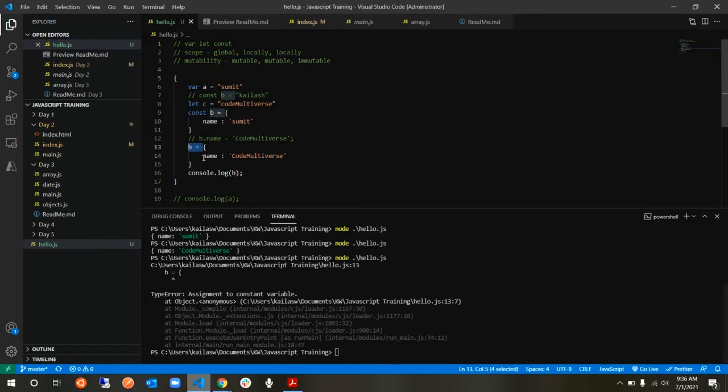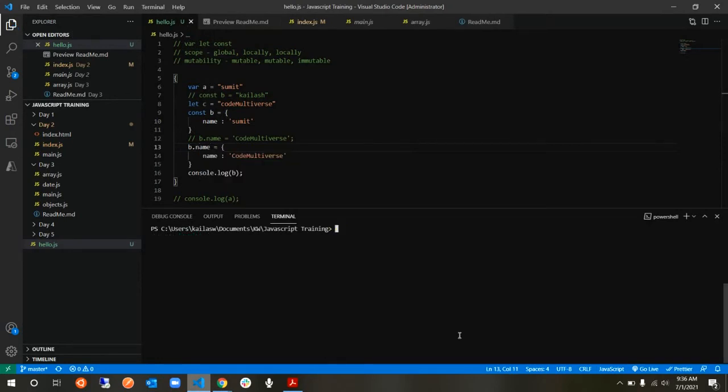Got it? So you can still change it via b.name and expect a different answer, and you will see that it works absolutely fine. But when you are assigning it to b as a whole, because b is defined as constant, b.name is not defined as constant.